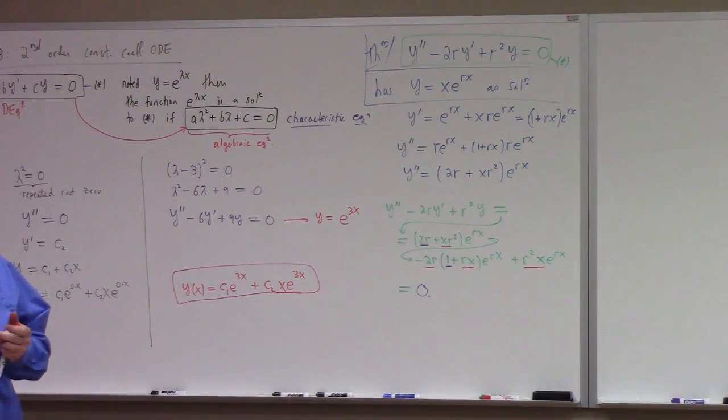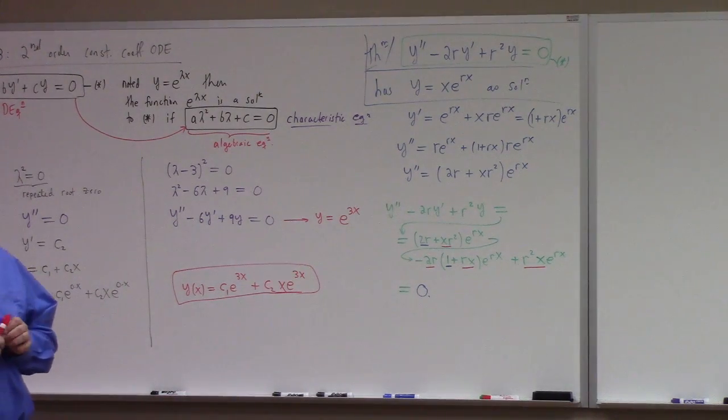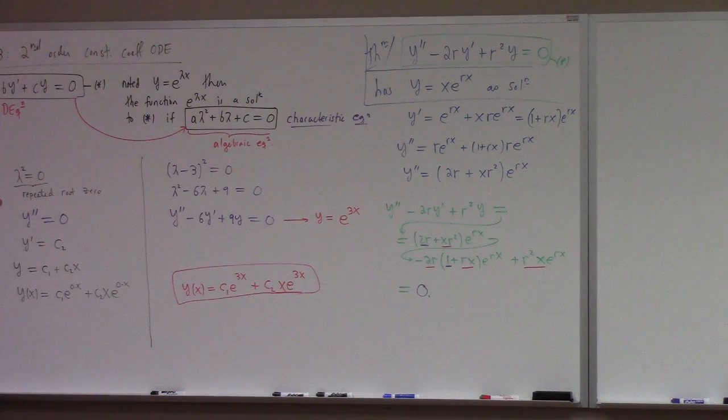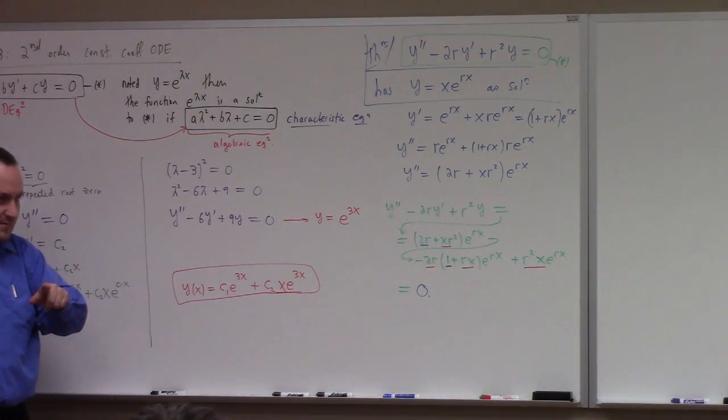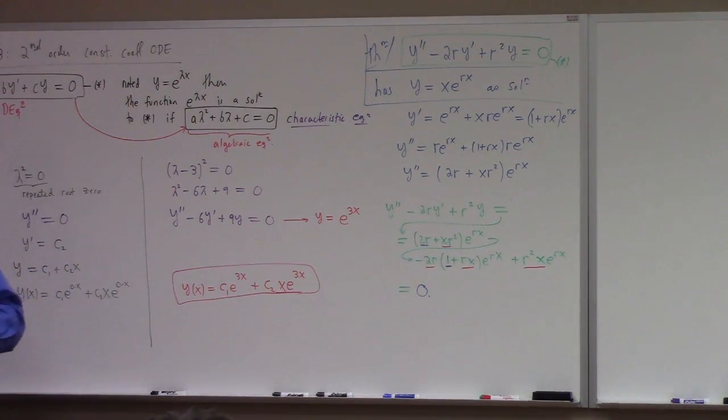Yes, sir? How do we notice that y equals x e to the rx again? Over here, we investigate what we can already do, which is the second derivative of the 0 case. That led us to observe that we multiplied by x here. It wasn't my idea. One of you guys said I should put an x here. Did you read the book? Yes. Sorry, I don't usually rejoice about students not reading the book, but in this particular case I do, because